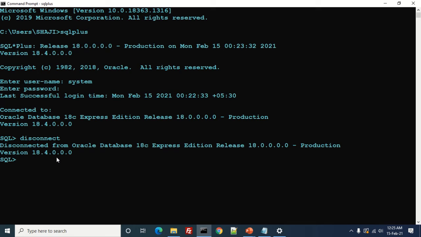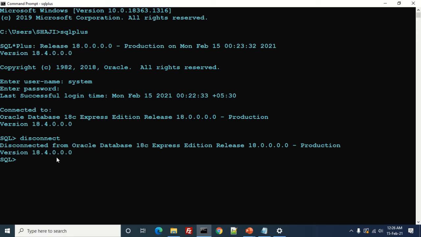There will be various reasons to disconnect from Oracle Database that we'll be learning in later sessions. One example for disconnecting is changing the username. You want to connect to some other user, but we have not created any other users now. For learning purposes, we'll be using the same user, system.